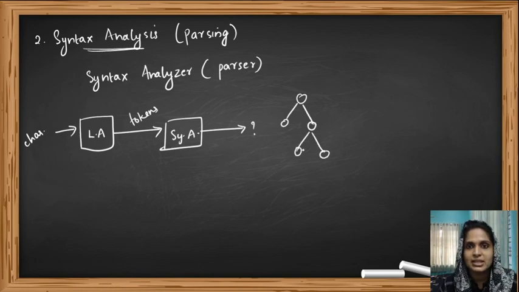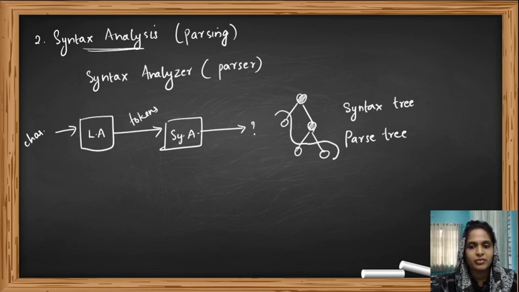You already know what a tree is, right? This tree is known as the syntax tree, or it is also known as parse tree. And in this syntax tree or parse tree, these are the intermediate nodes, and these are the leaf nodes. I hope you already know this. So these intermediate nodes will have operators, for example, plus, star, etc. These intermediate nodes will be holding the values of operators, and these leaf nodes will be the arguments of